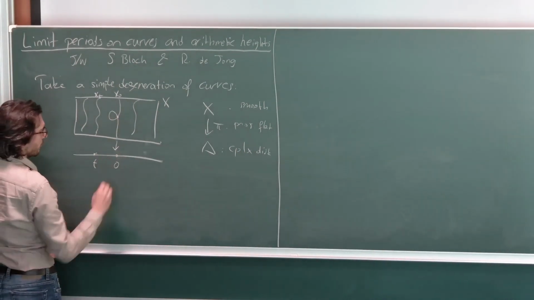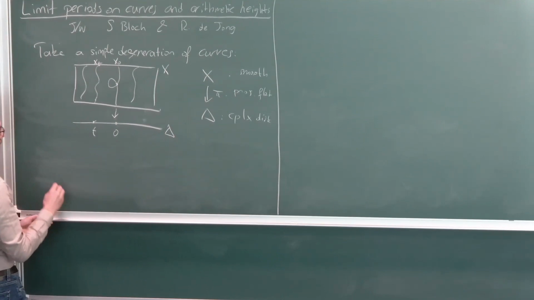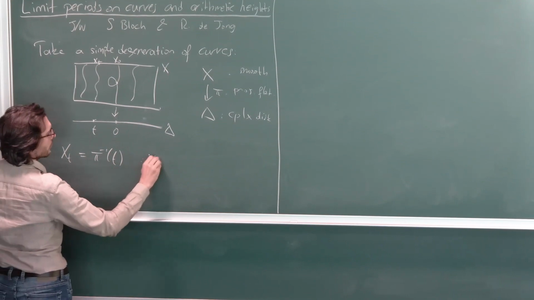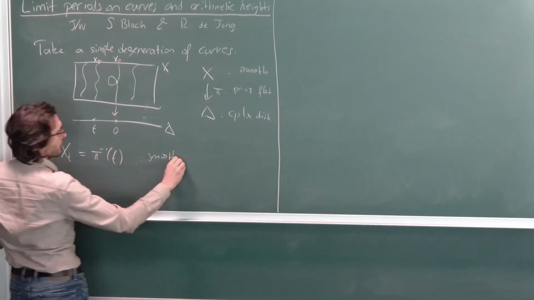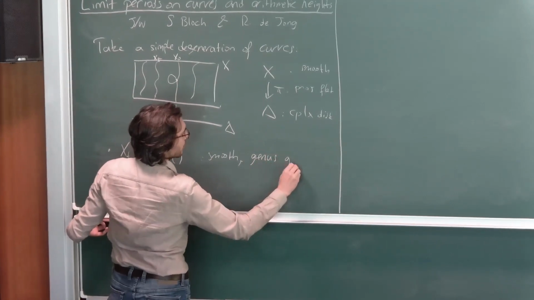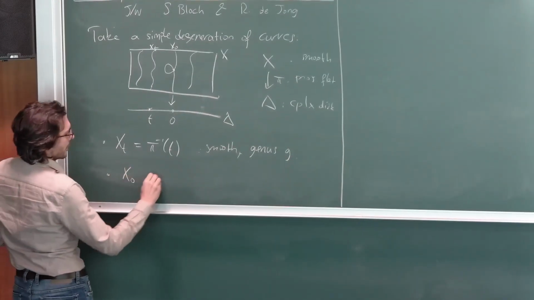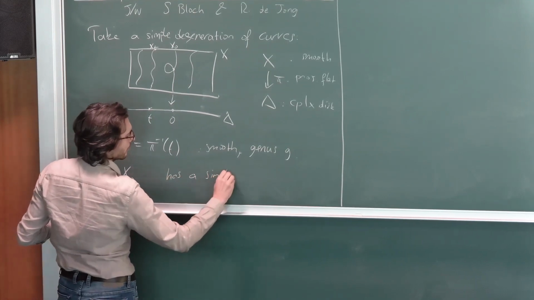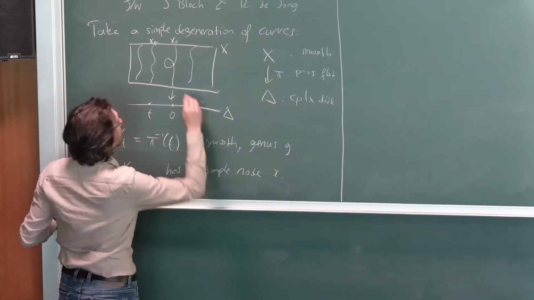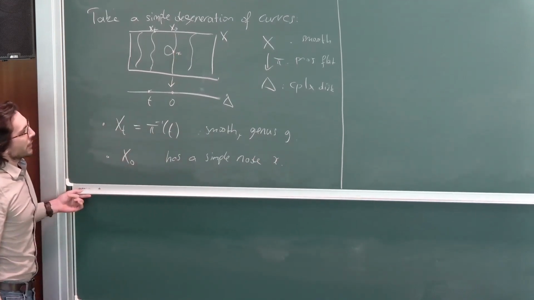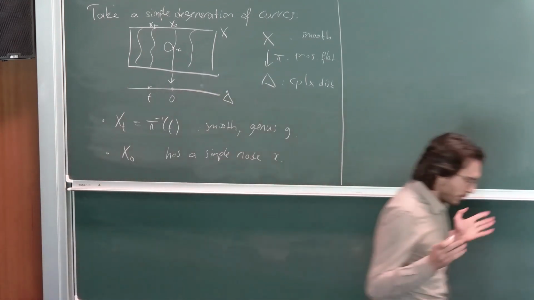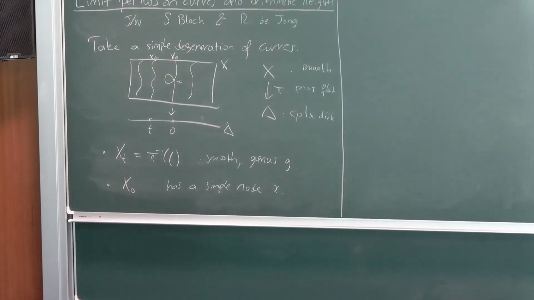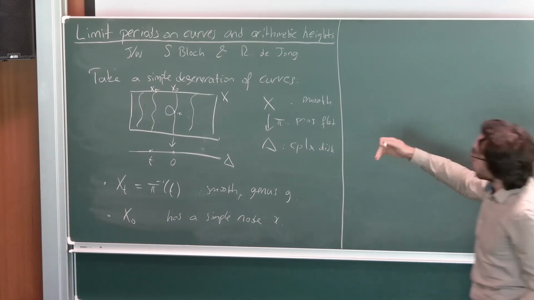That's over 0. And let me just write these things. XT, the fiber over T, is going to be smooth, genus G. And then X0 has a simple node. So it's little x. Basically, it's the simplest possible degeneration you could possibly imagine. That's what we're doing. And now what we're going to take with this are, well, we can take the periods